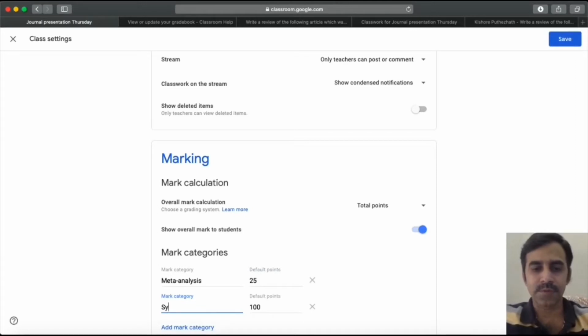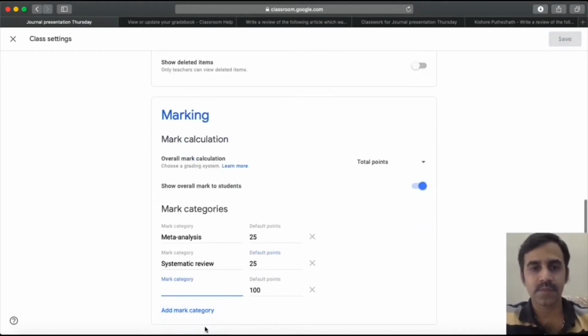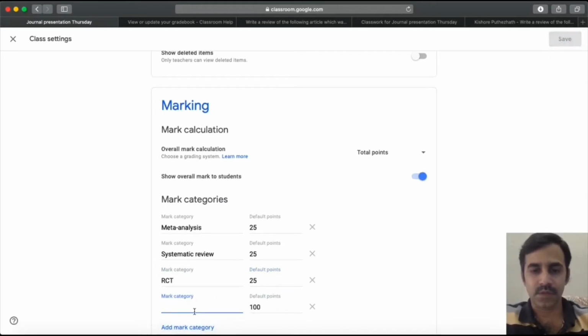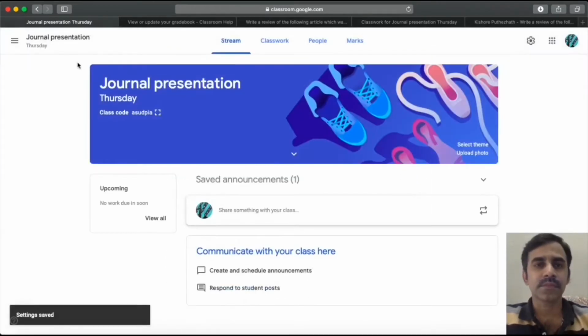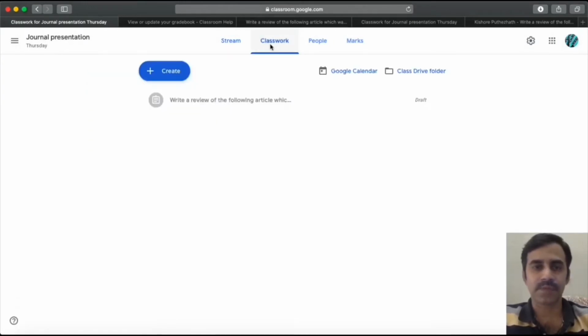Systematic review, 25 mark points, RCT 25 mark points, and others 25 mark points. Once this much is done, we can save the settings and go to the classwork.